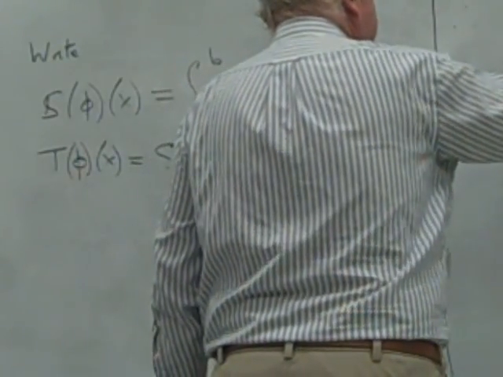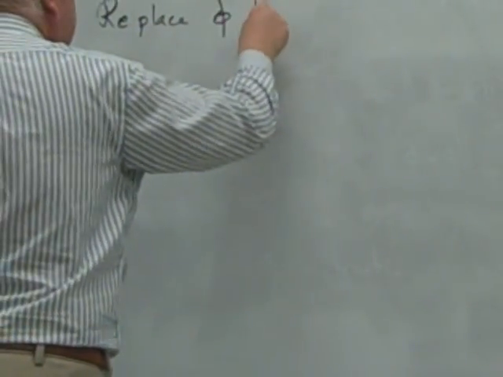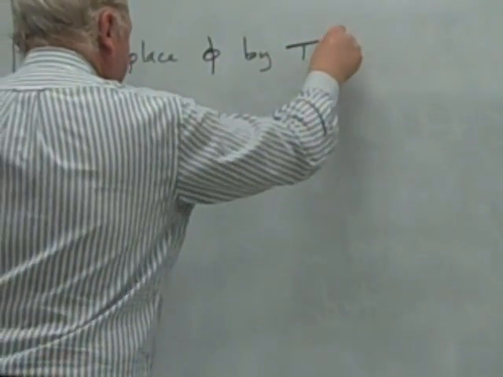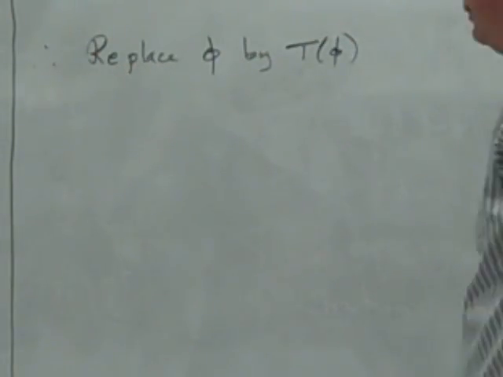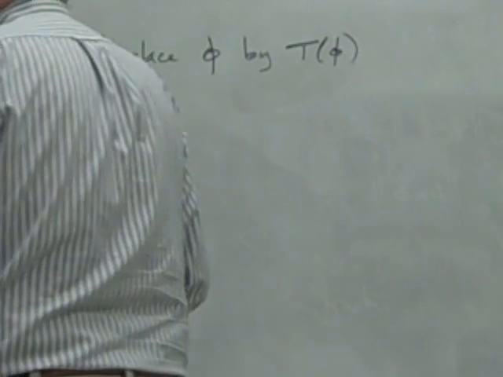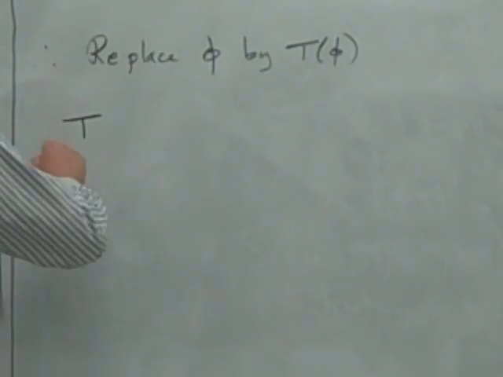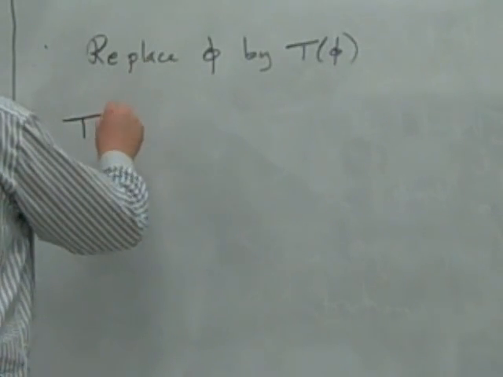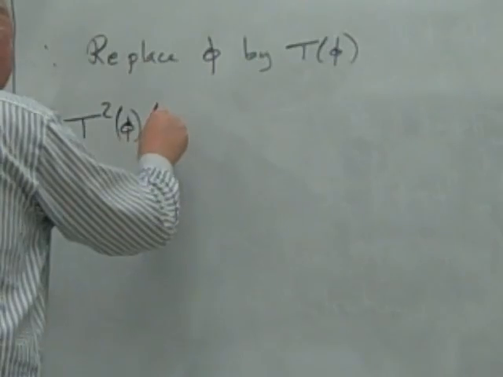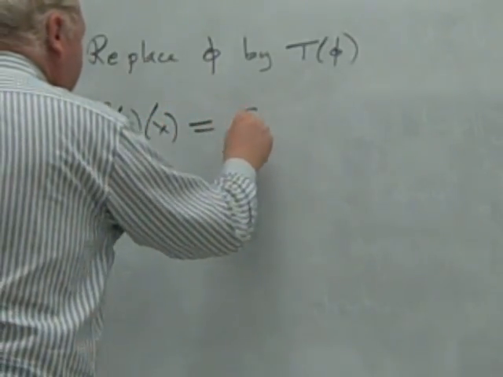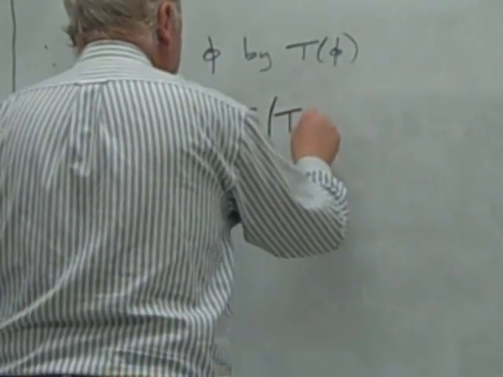Now, if we replace phi by T of phi, then what we get is T squared of phi at x is S applied to T